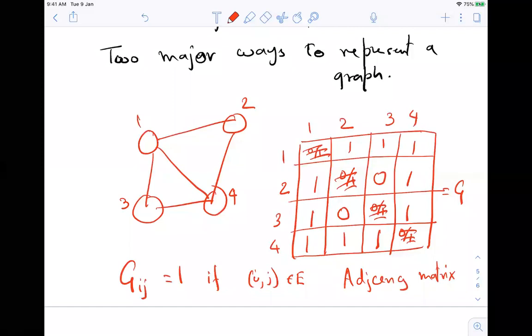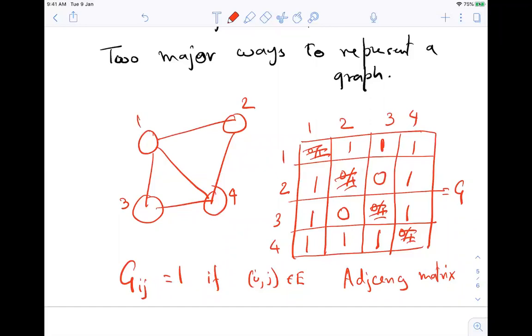And if it is a directed graph, then it may not be symmetric. And if it is a weighted graph, then instead of 1, I would put the weight on that edge, whatever that weight is. So this is a very compact way of representing a graph.